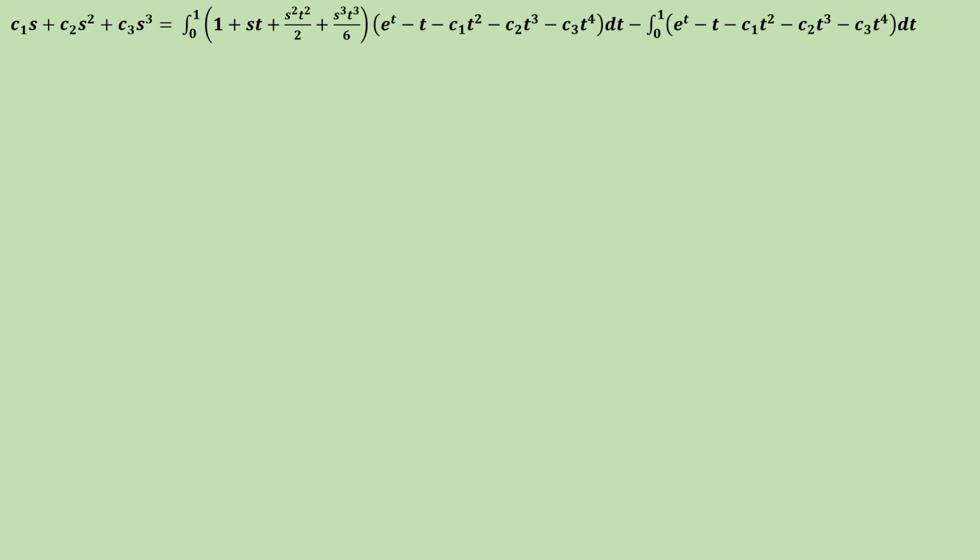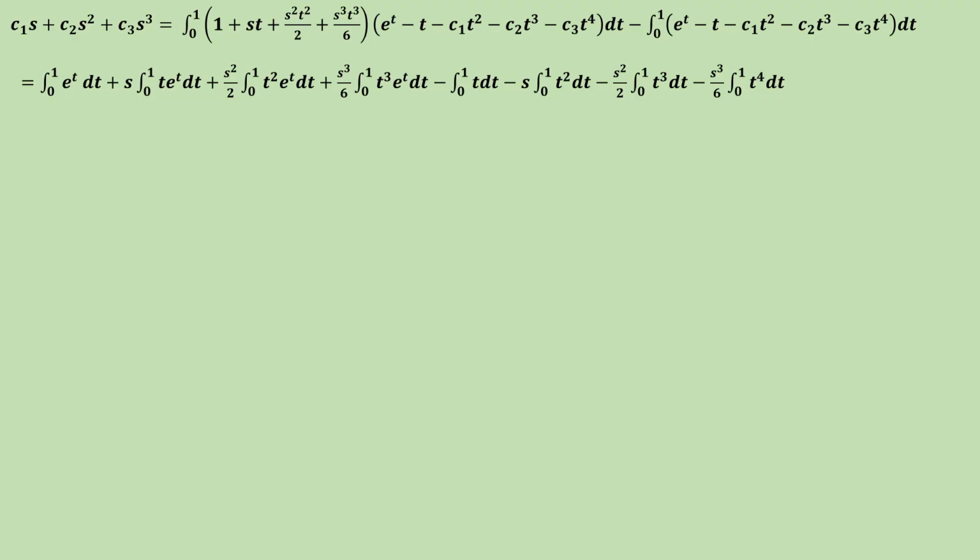Then the remaining term, e power t minus t minus c1 t square minus c2 t cube minus c3 t power 4 dt, minus integral 0 to 1 e power t minus c1 t square minus c2 t cube minus c3 t power 4 dt. So multiplying each and every term and expanding, right? Separate integrals, right? So we'll have a large number of terms here, right? Integral 0 to 1 e power t dt plus s into integral 0 to 1 t e power t dt plus s square by 2 integral 0 to 1 t square e power t dt plus s cube by 6